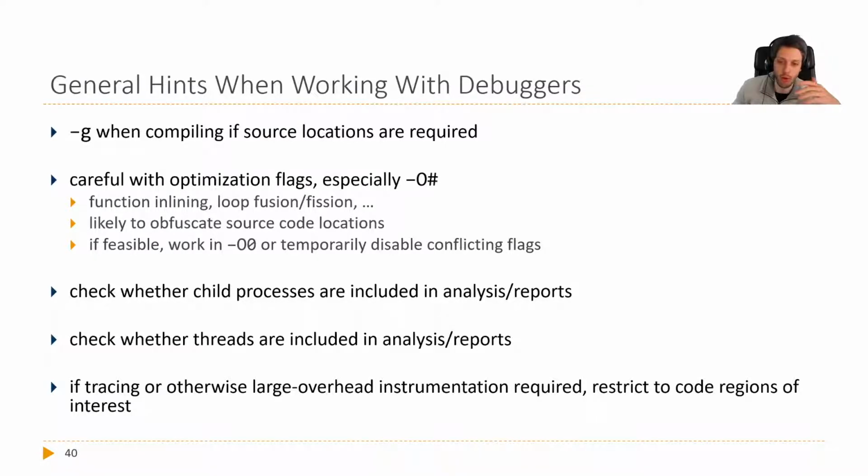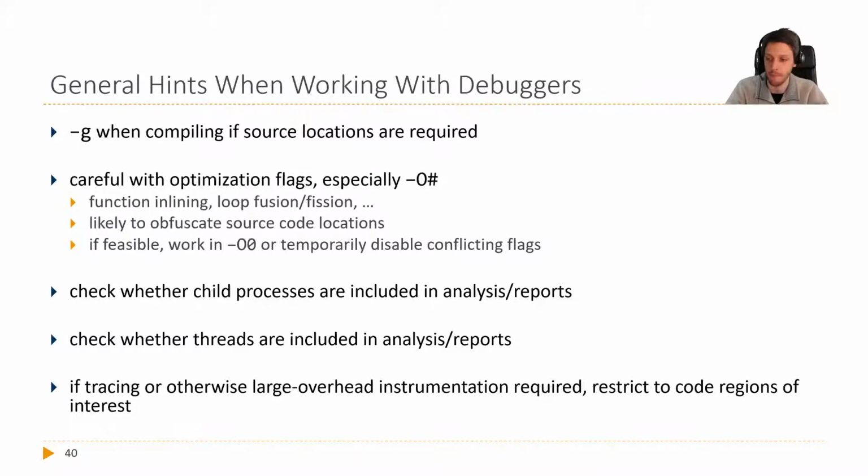If you enable O2 or O3, you will have function inlining. The compiler could fuse some loops, it could split some loops, and so on. And this makes it difficult to refer a memory location or an address in the binary back to source code lines. So by disabling O3 and going back to O0, it's just easier to read the performance profile most of the time. Especially if functions are inlined and you don't have any function identifiers anymore. If feasible, just work in O0 if you can afford it. Otherwise, try to stick to O2 or O3, but just disable the specific flags that keep you from reading the